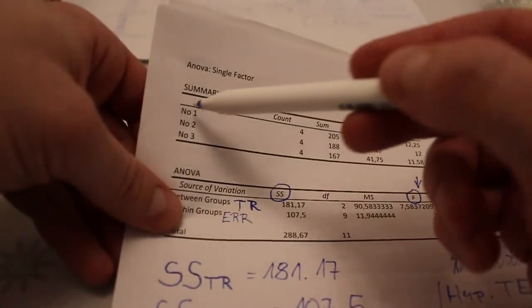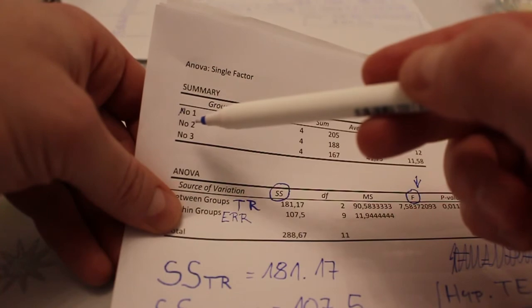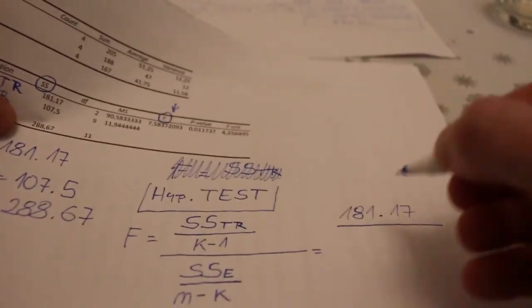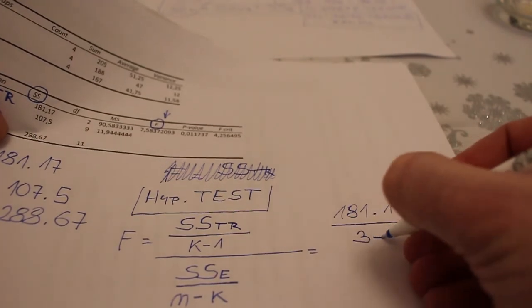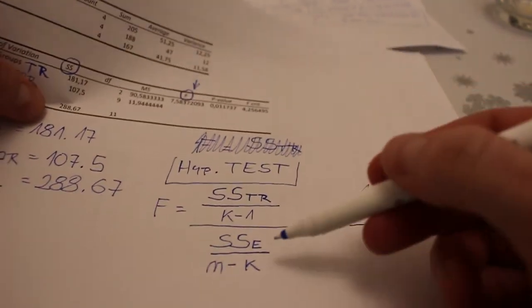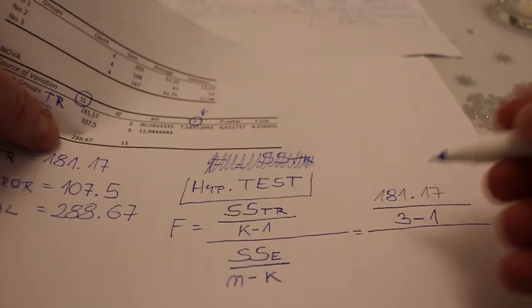You can see we have here three groups: Mr. McDonald, Mr. King, and Mr. Ben. So three teachers, three groups, minus 1, and this is divided by error sum of squares,